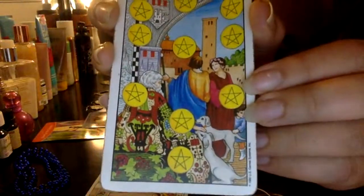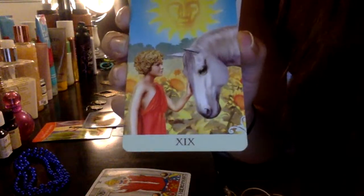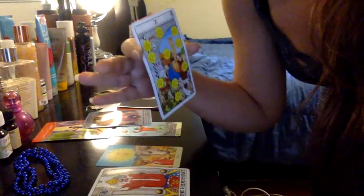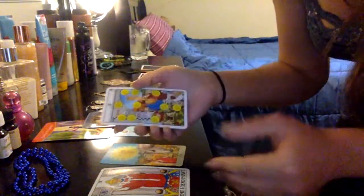We have this card here, which is about abundance, just happy times. We even have the sun card, you guys. Oh my gosh, you're going to just be happy, happiness, joy in July. You're going to be really happy despite the fact that there may be some jealous people, or just some challenges in your life, some obstacles. Despite that, I feel like you're going to overcome it, or you're just going to be able to turn a blind eye to it or push it aside for now,